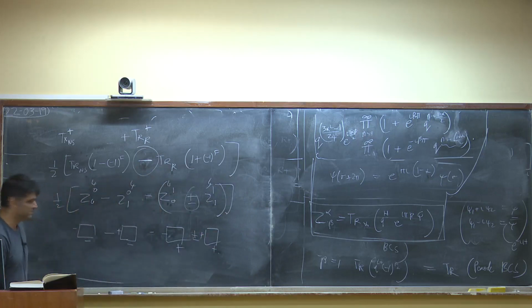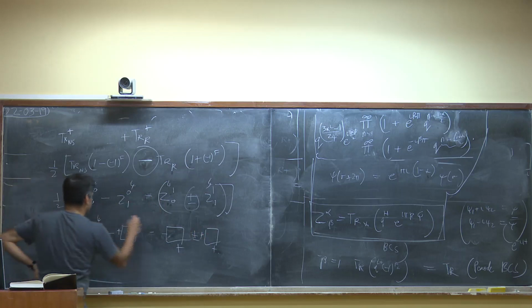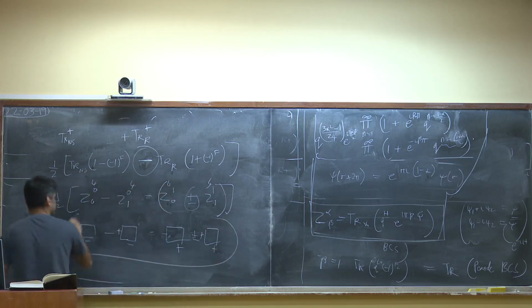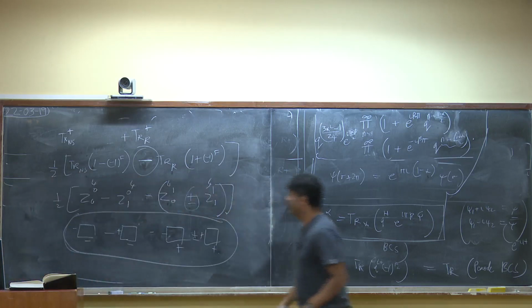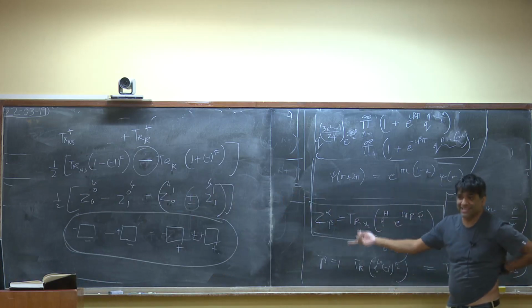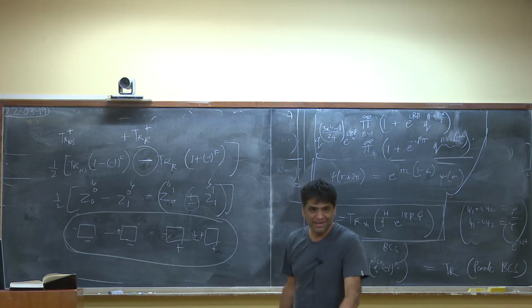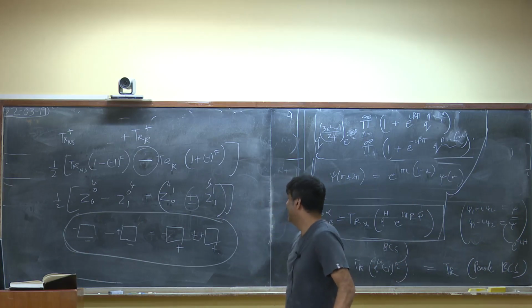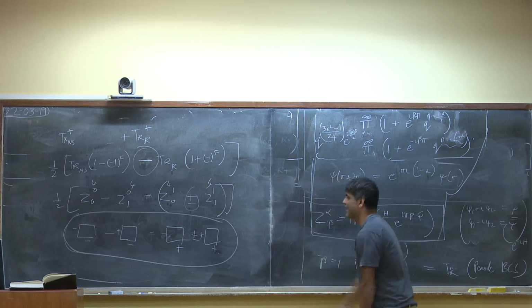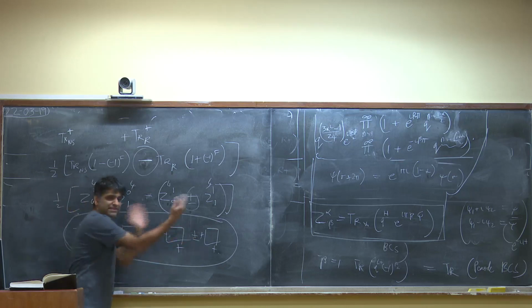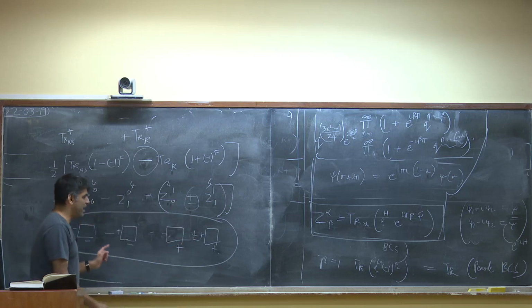This to the 4, this to the 4. This with the whole thing. Now what we need to do is to check that this whole combination is in fact modular invariant, when we combine together this and the right moving sector. So I'll leave the actual demonstration for tomorrow, but let me make some quick remarks.